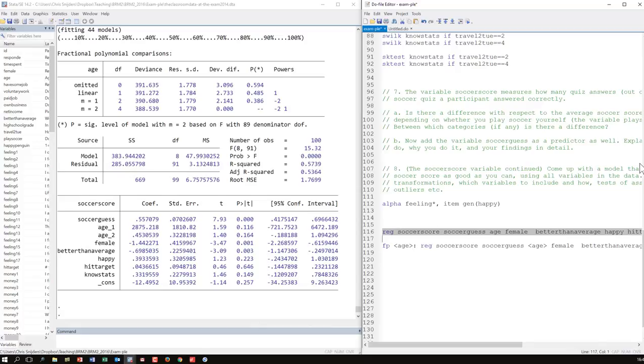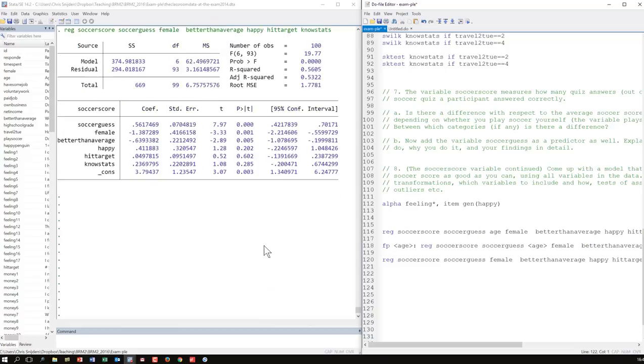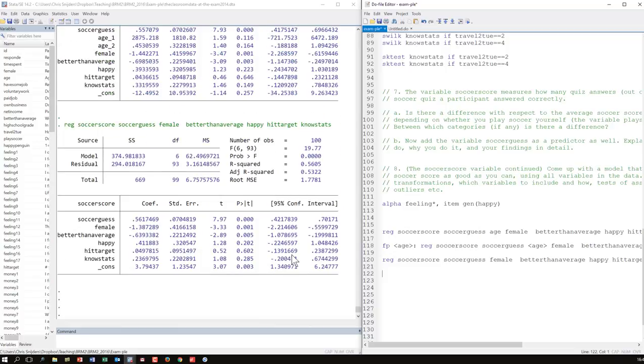Okay, so back to this one. So what I'm trying to do here is bring back the set of predictor variables that I use to something, let's say, a bit more manageable, 6 or 7 perhaps, and we're more or less there. There we have it. Okay, still, not all of these are statistically significant, and you might want to conclude something about that hit target variable.